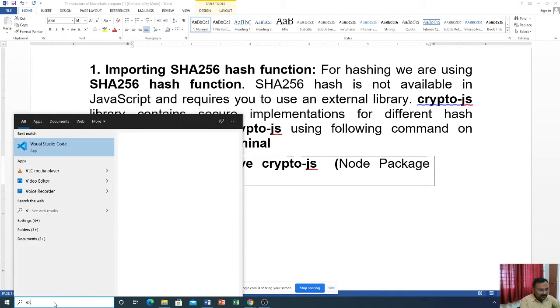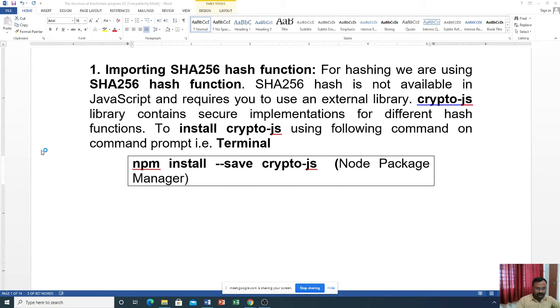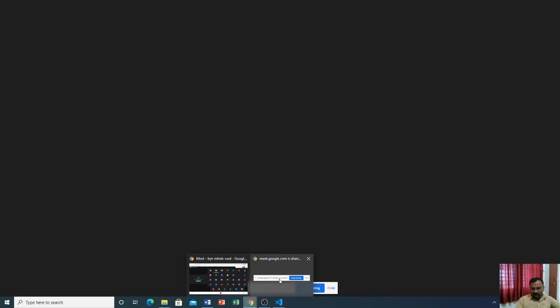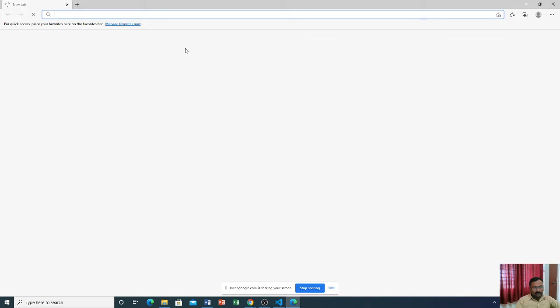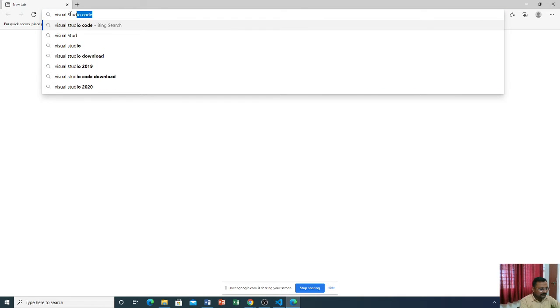Firstly, you want to install Visual Studio Code software, VS Code. If you go to that website, you can check how to install Visual Studio Code.